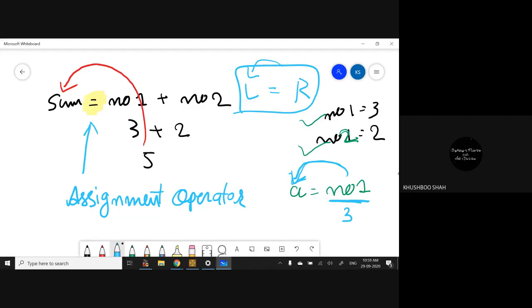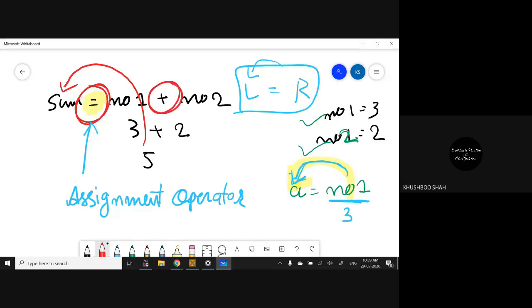So ultimately what I am doing is storing NO1 into A. Understood? Yes, ma'am. So this is about the assignment operator, and this is the addition operation.